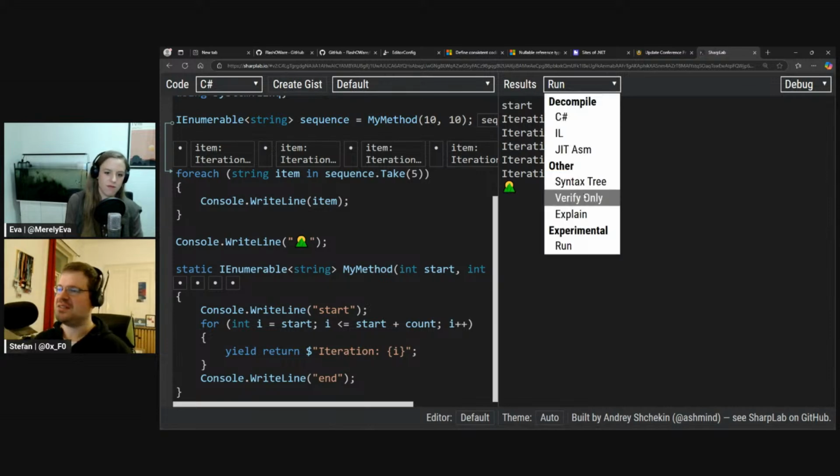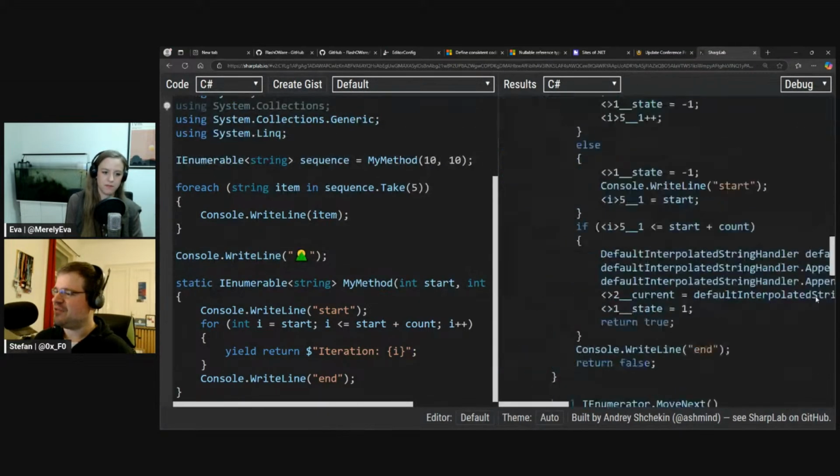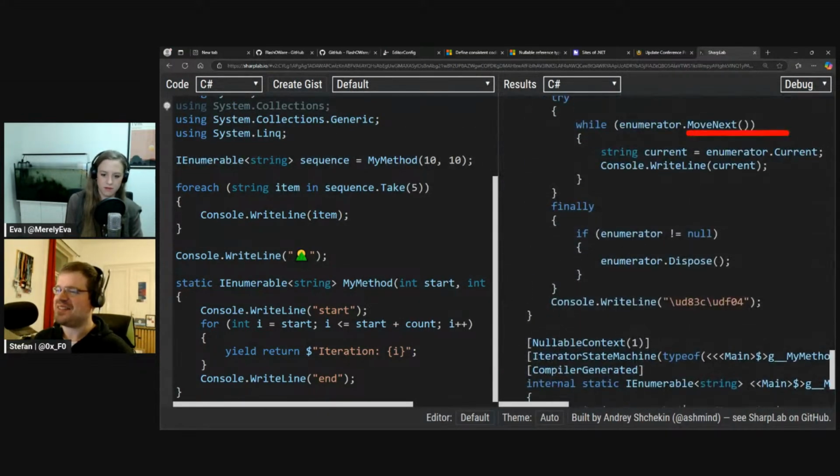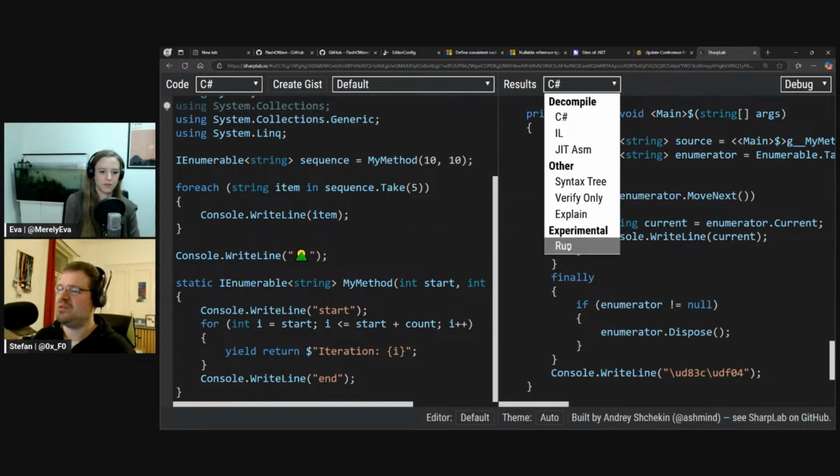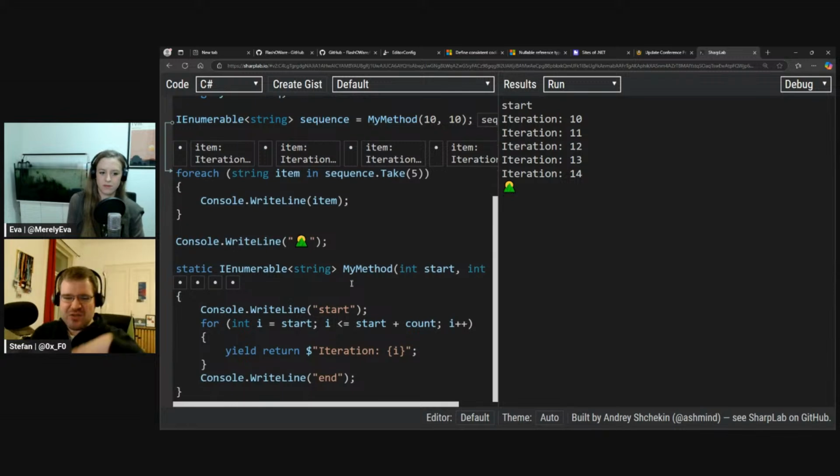They are never move nexted to, because now this new enumerable wraps this old enumerable, but stops executing after 5 elements. That's awesome. So we never really get to that. But with this